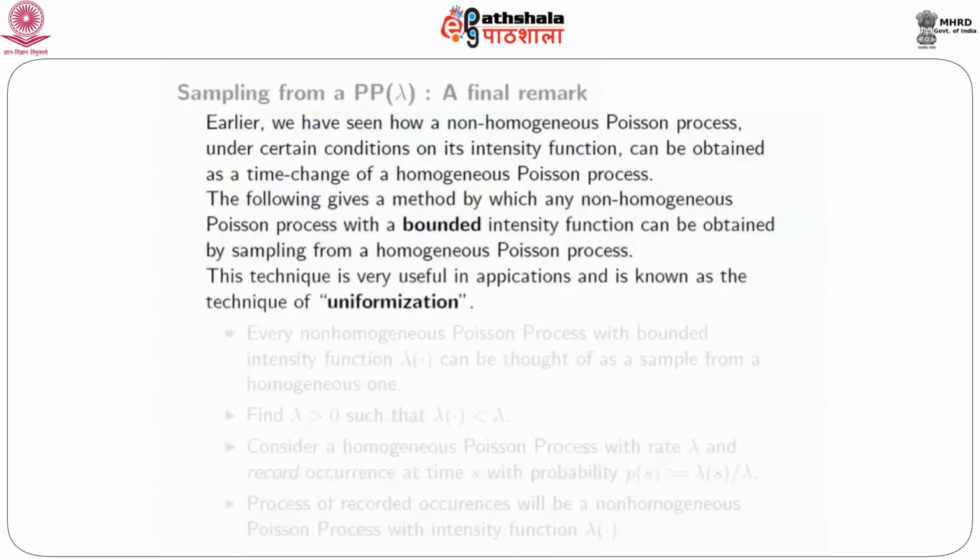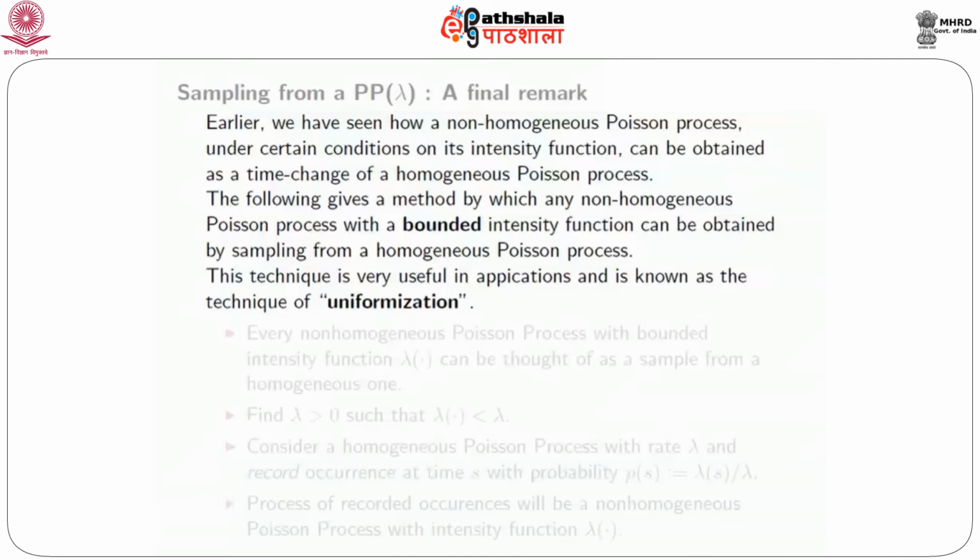This required some conditions on the intensity function, namely that its integral from 0 to t is positive, etc. Now, that was how you could get a non-homogeneous Poisson process as a time change of a homogeneous Poisson process. The following gives a method by which any non-homogeneous Poisson process with a bounded intensity function